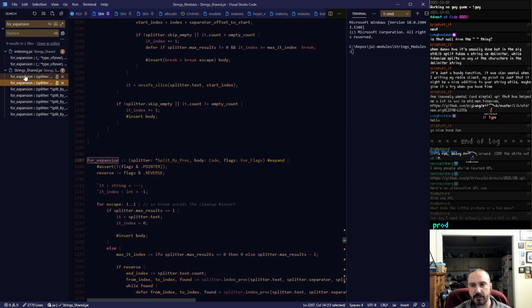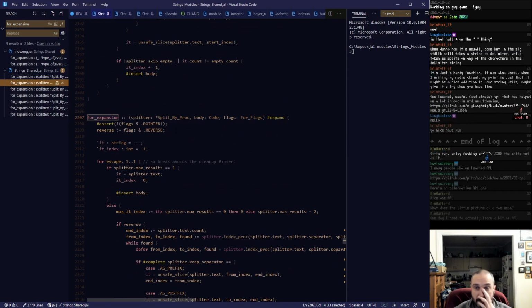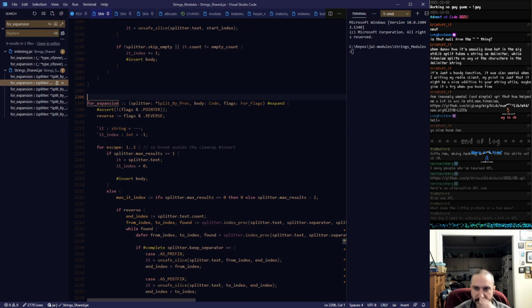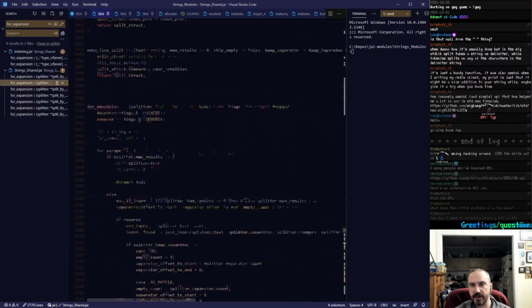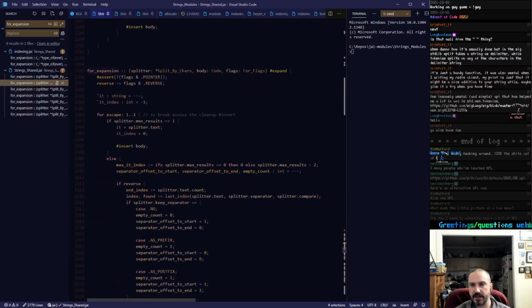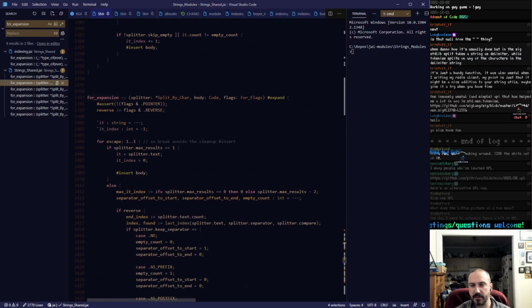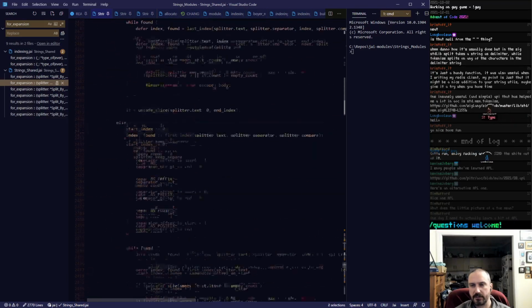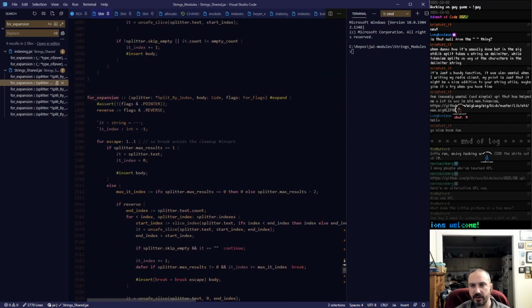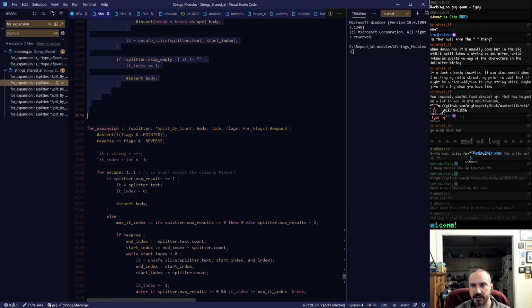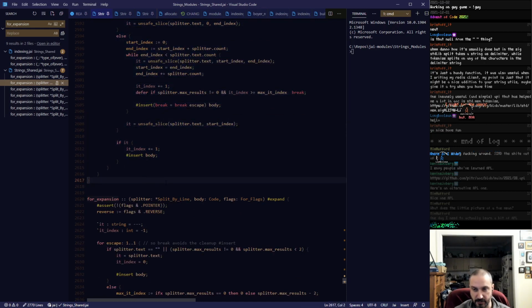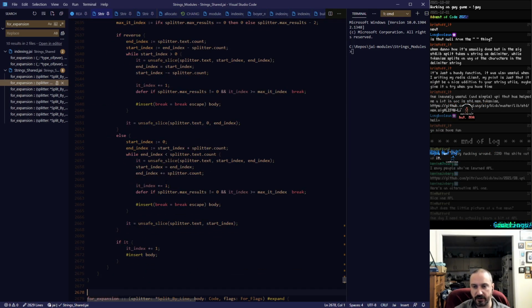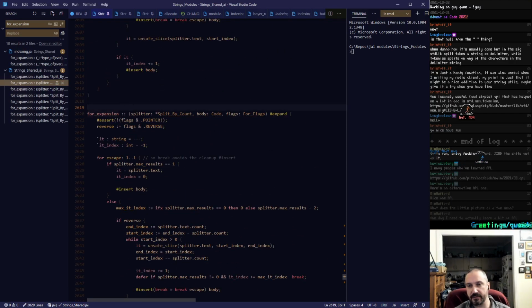For expansions, here we go. This all looks very complicated, but it's probably going to be a lot simpler. We're split by indexes, because that's probably going to be the simple. Why were the two split by chars? Is that chars? Oh, yeah, okay. Split by index. Let's copy this. It's a lot like split by count, where the count is 1, but we're using character instead of